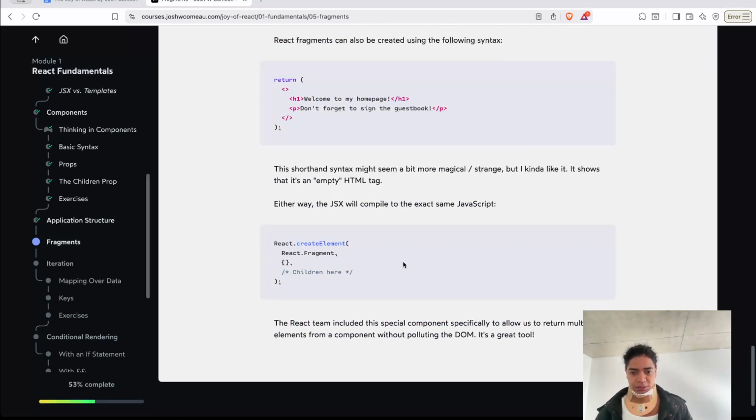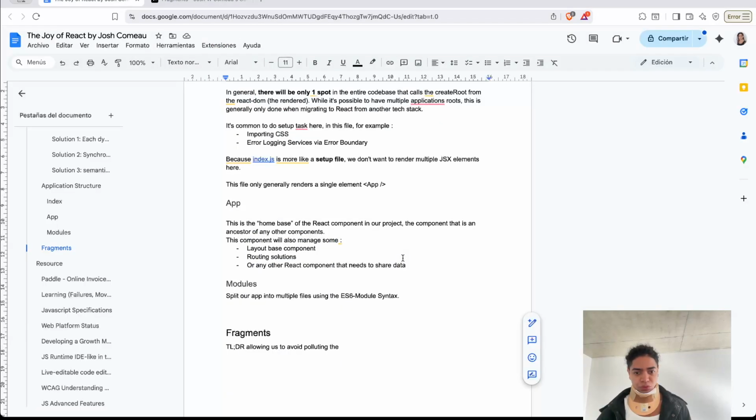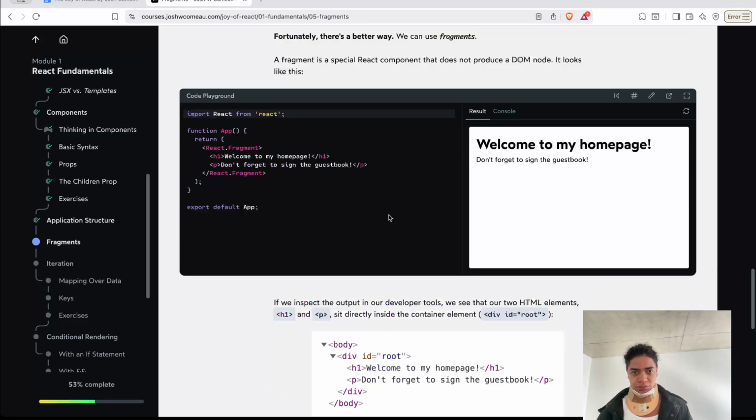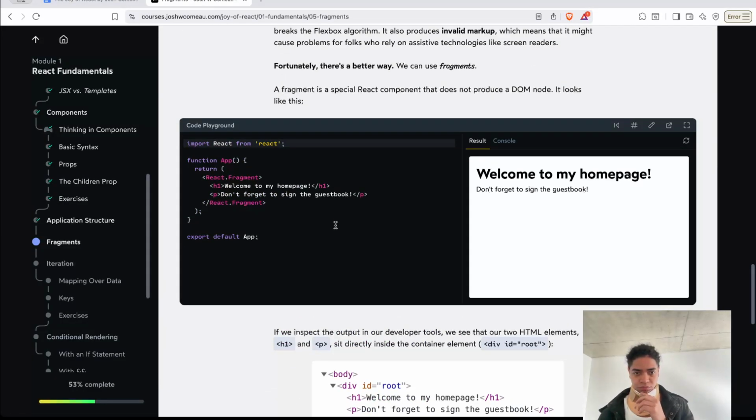The React team includes a fragment component specifically to allow us to return multiple elements from a component without polluting the DOM. It is a great tool, allowing us to avoid polluting the DOM with extra tags. All right. So for example,